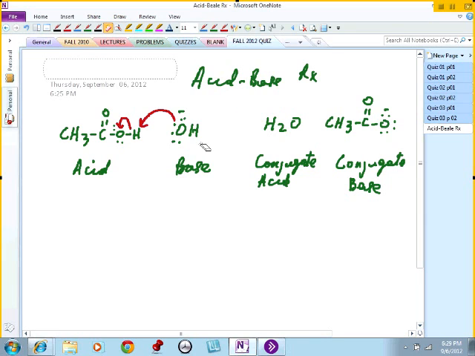if I ask you, what direction do you expect this reaction to go? Do you expect this reaction to go mostly to the right or mostly to the left? Because most acid-base reactions are equilibrium reactions, in which the reaction is going either way. Normally we ask this kind of question, and for the most part, the only way you could answer it is to know the pKa value